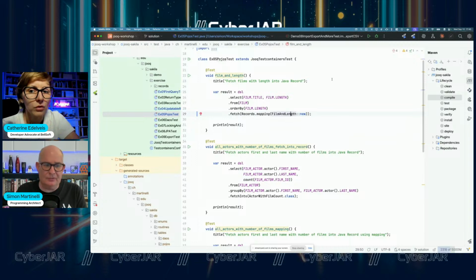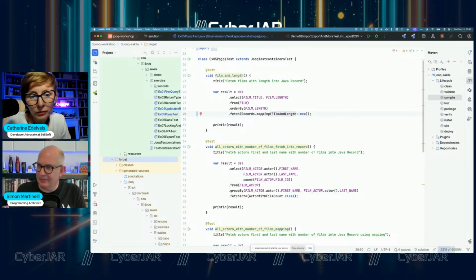I usually keep it in the target directory because this will land in the jar file by the end, but I don't want to have that under version control. But as I said, there are teams that want to have that under version control as well. So maybe the developer experience is better if you have it in version control, so you can just clone the repo and run it without running Maven before. Otherwise, you have to run the Maven build.